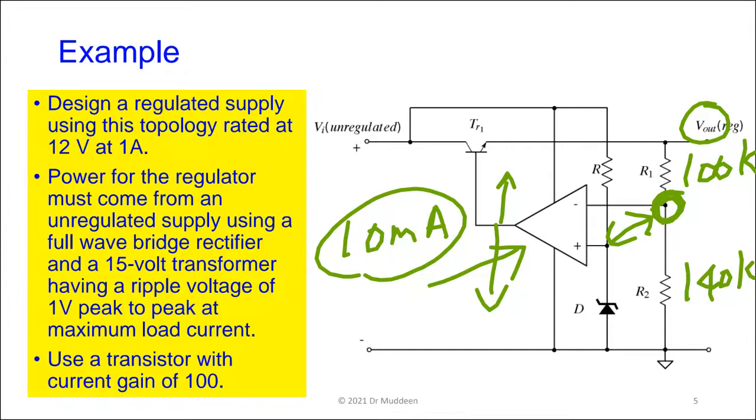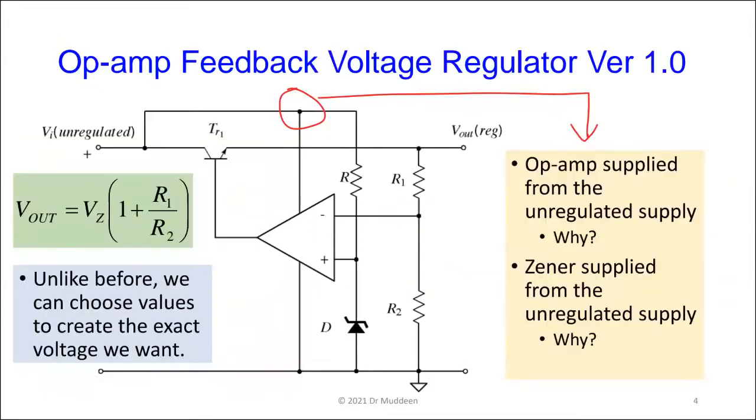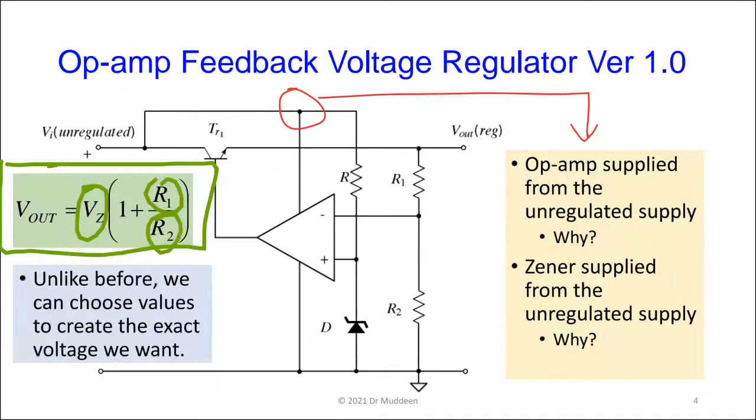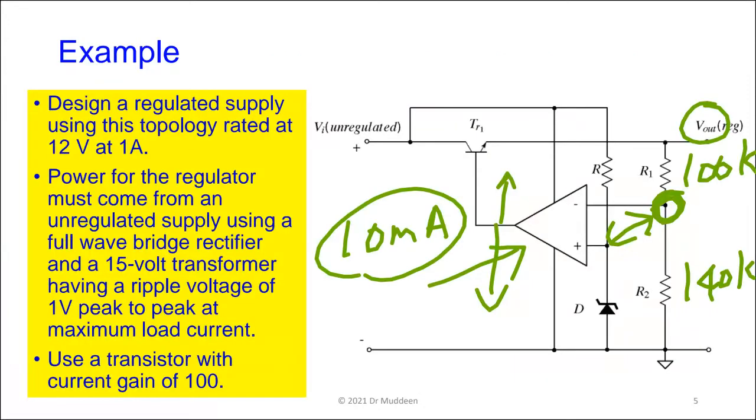Right? And by the gain of this circuit now, because we calculated R1 and R2 according to this equation here, this is fixed. We have calculated these values. So regardless of what the output is trying to do, it is constrained. None of these things can change. VZ is fixed, R1 is fixed, and R2 is fixed. So regardless of what that pass transistor tries to do, that output is going to remain at whatever you designed it to be. The only problem, as I said, is if you have a pass transistor here